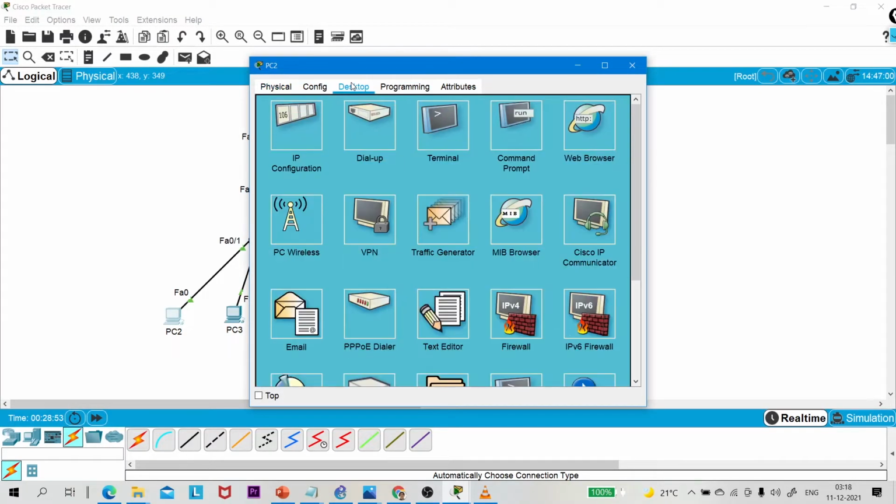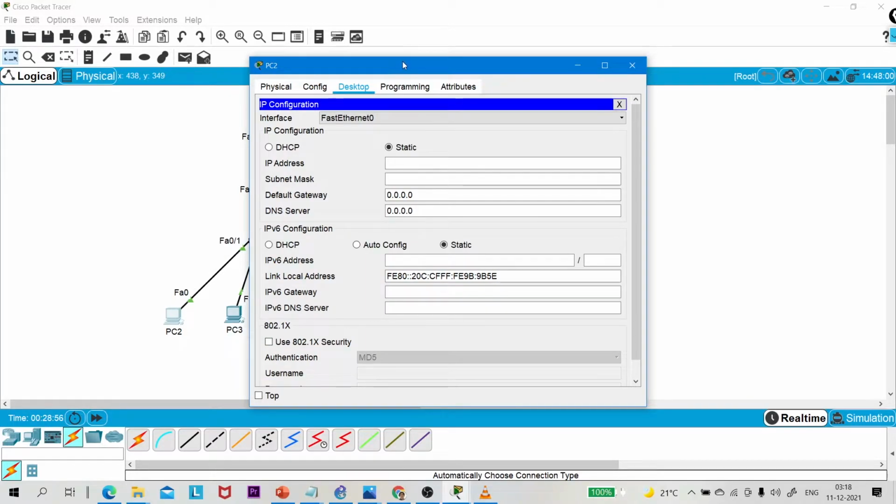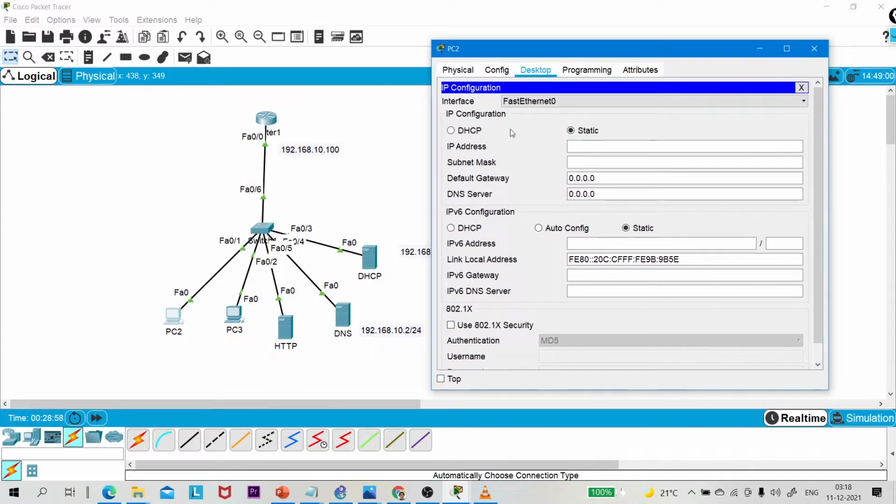Okay. Now we can request an IP address from the DHCP server. So you can see you have two options here to configure the IP address on the PC. One is static and one is dynamic. In static, we can manually configure the IP address over here, right? But I want to configure the IP address from DHCP, so click on DHCP. Just wait for a second, and you can see the IP address is assigned on the PC.